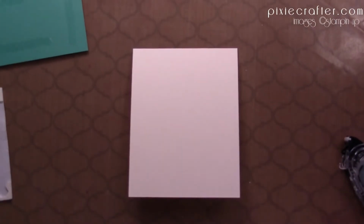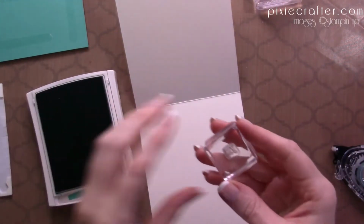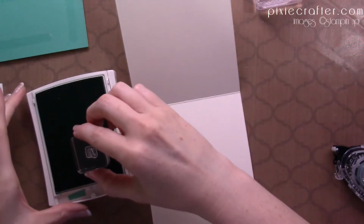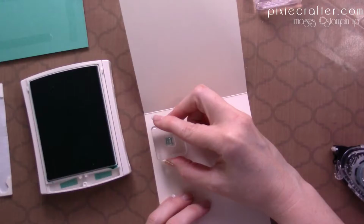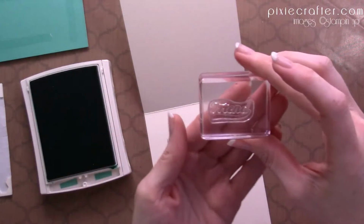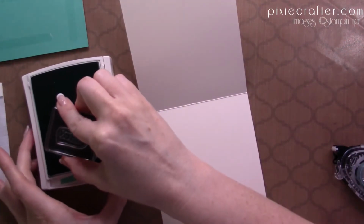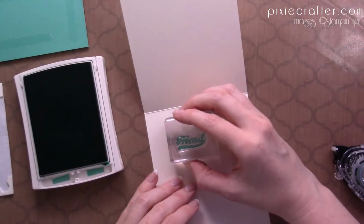Actually, before we do that, let's do some sentiment stamping. Hold on a second. Alright, so I just grabbed the Bermuda Bay stamp set. So there's this little hey in the Jar of Love stamp set. So let's just go ahead and get that little guy up there. And then there's this friend sentiment. So we'll just quickly stamp, "Hey friend,"